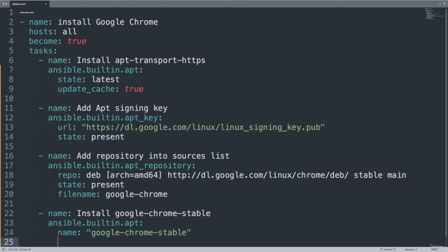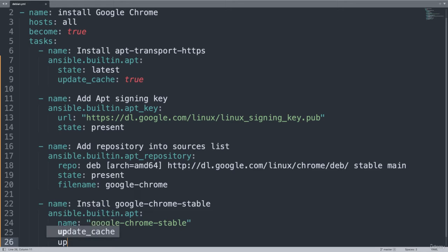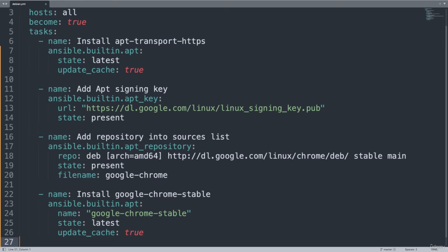And what else? I need the state to be latest because I think you would like to have the latest version of this package, and update cache true, which means that it needs to update the apt cache before. So here we are. This is a simple playbook targeting all the Debian-like systems, so Debian, Ubuntu, and all the other distributions. Four tasks. First of all, let me enable HTTPS downloading, download the public key, add the repository, and download